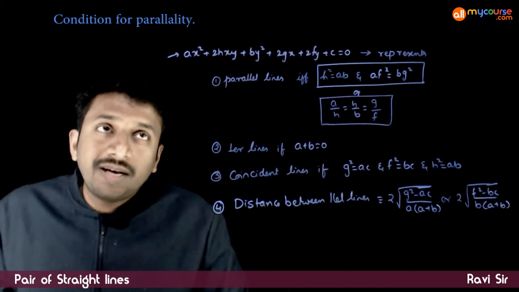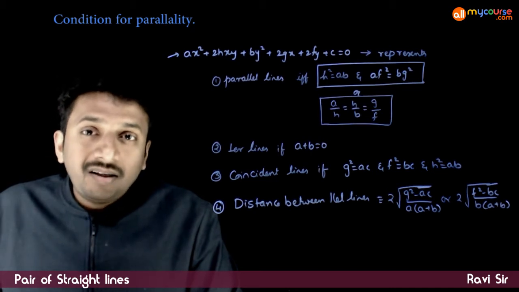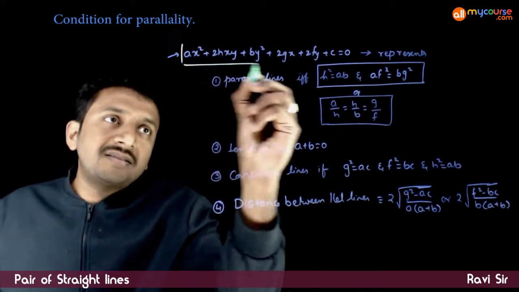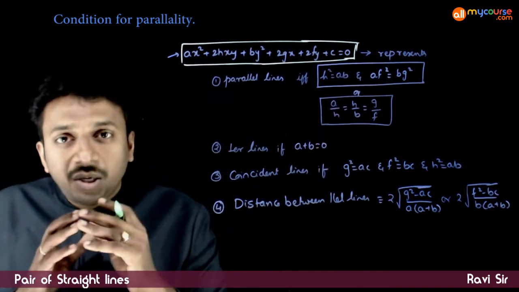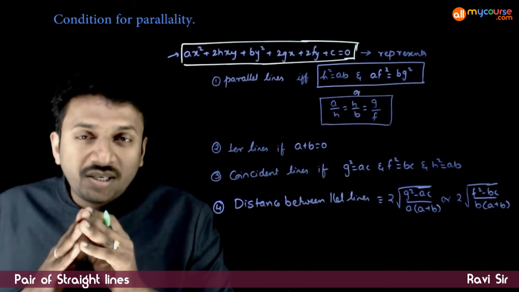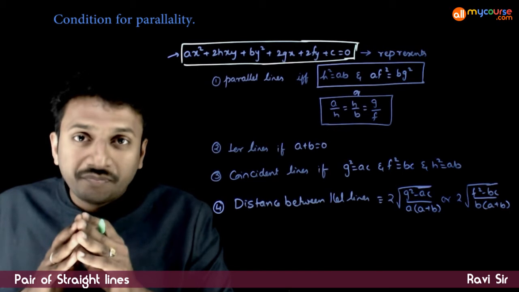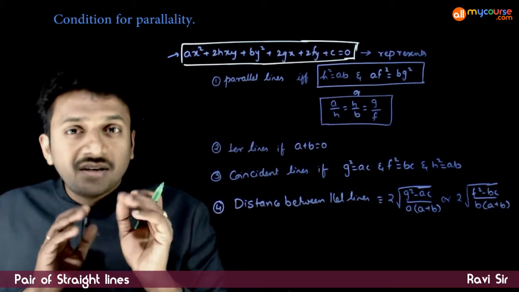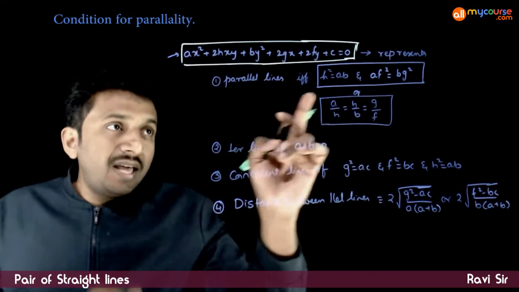In this video, let us look at the various conditions for parallelity and perpendicularity of lines represented by this general equation. Suppose that you have a general equation ax square plus 2hxy plus by square plus 2gx plus 2fy plus c is equal to 0. Now, this equation represents two parallel lines if and only if h square is equal to